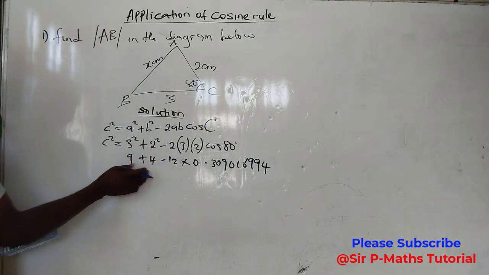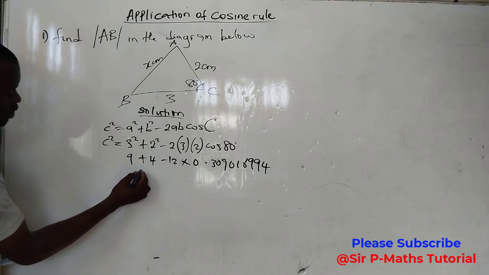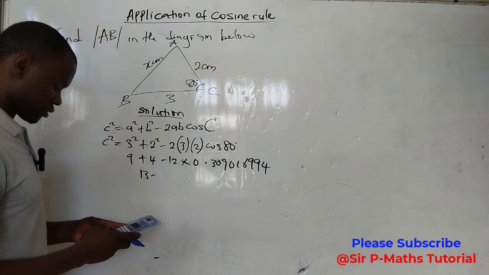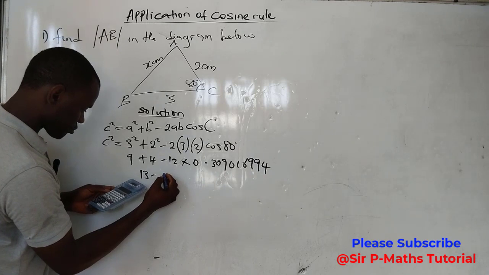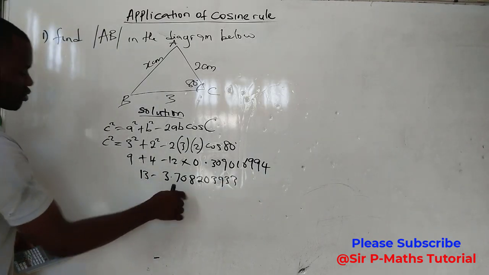Then let us add here. Please don't subtract 12 from here when you add. You multiply first before we subtract. Adding here, I will have 13 minus 12 times this value here. I'll be having 3.7082, then we can subtract. This minus this will give me